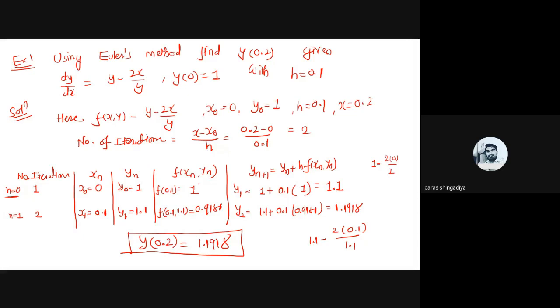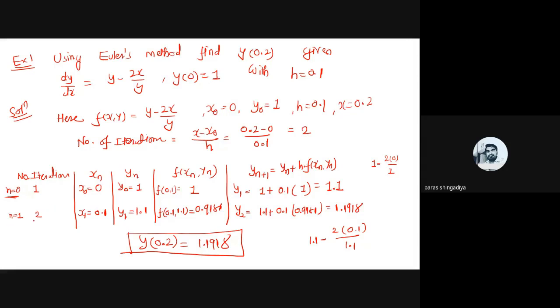You can write the answer directly here, no simplification is required, how you derived it. You can write the answer directly. So you'll get 1, and then after that check y1. You can also write the direct answer 1.1 and 1.191. You can directly replace there; I have just written here how we can check it. So 1.1 is y1, and now use it in the second iteration.